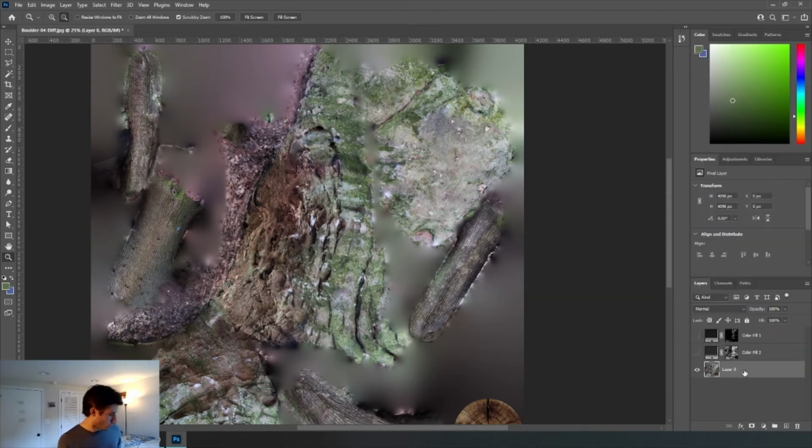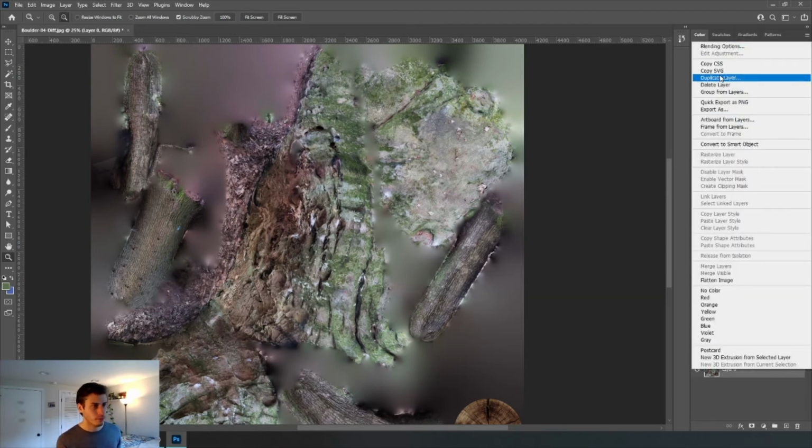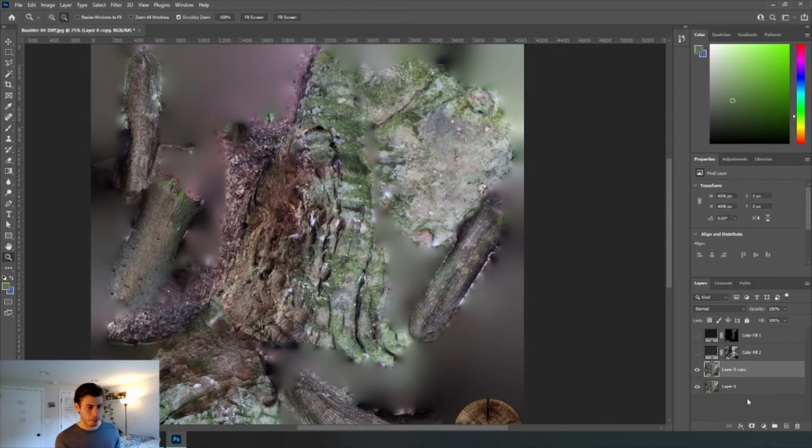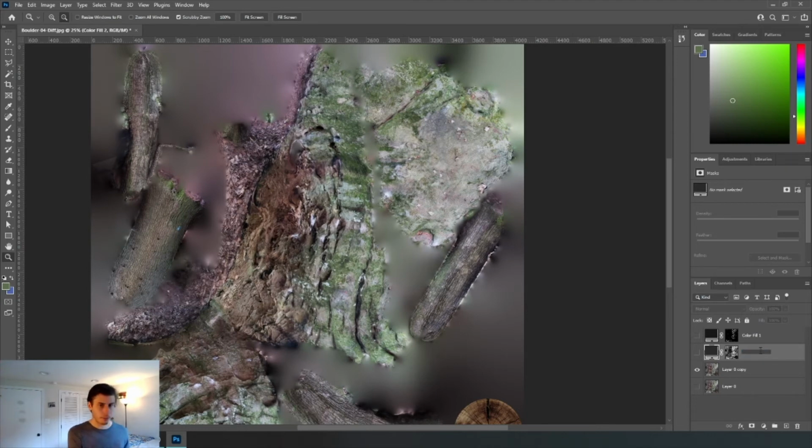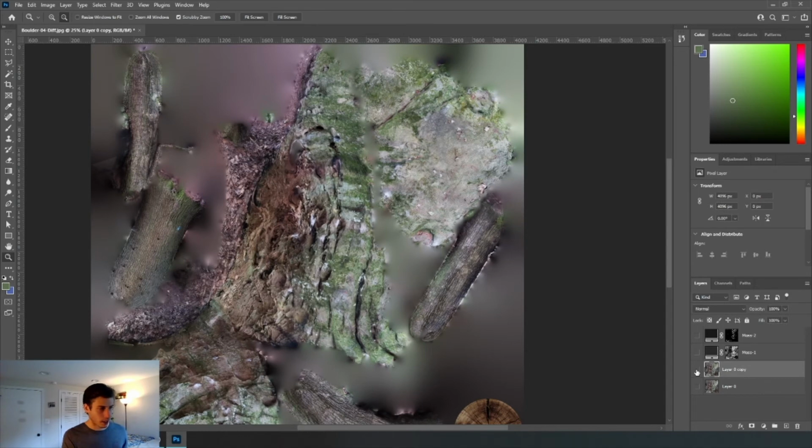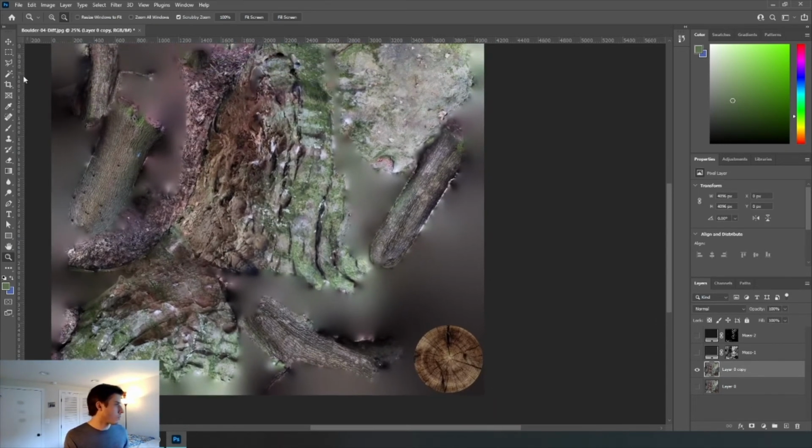So I'm gonna duplicate this layer so I still have a backup of it and hide that. And in this guy, let's name things. We want to make sure everything is named well. So this will be Moss 1. This will be Moss 2. This guy I'm going to select, and I'm going to use my polygon select so I can select just the